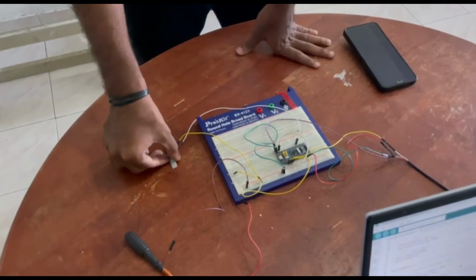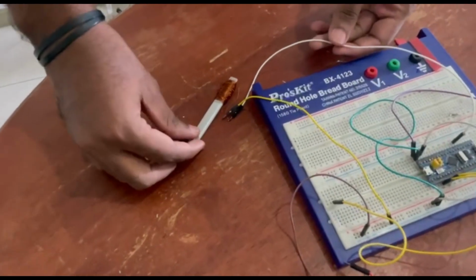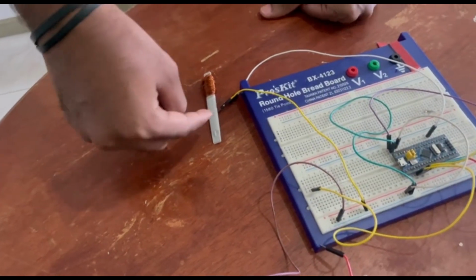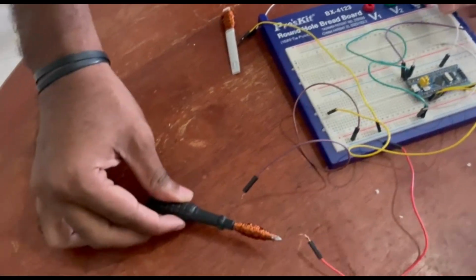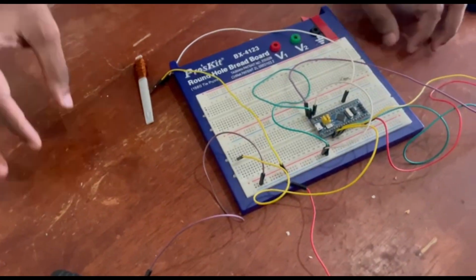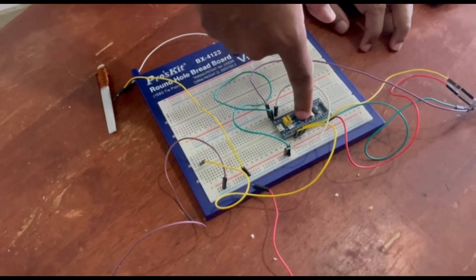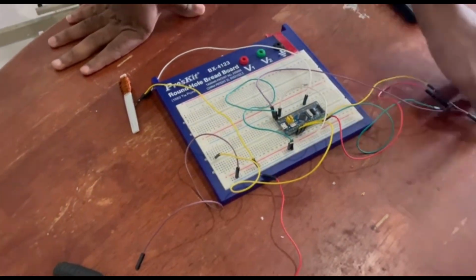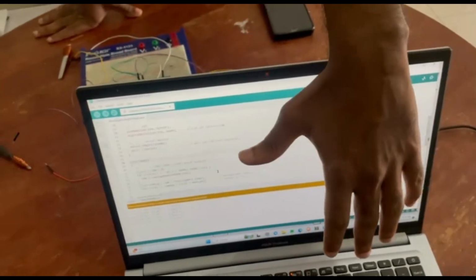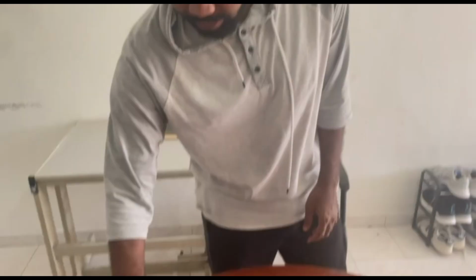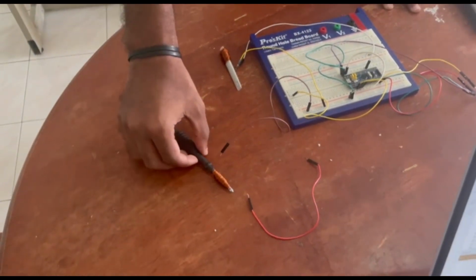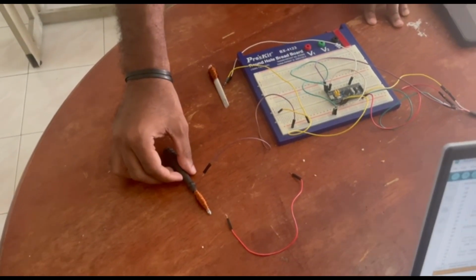The second piece is another set of coil that we will measure the voltage induced on it due to this electrical field. Okay? This is all done by using an STM microcontroller. The STM microcontroller is connected to the laptop, and we are going to measure the voltage induced in this coil without the application of the electrical field.